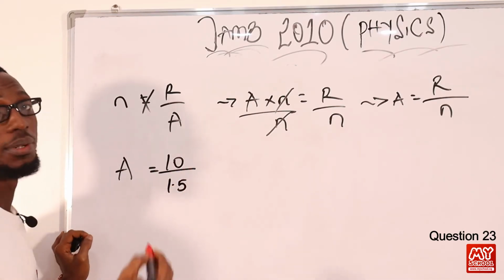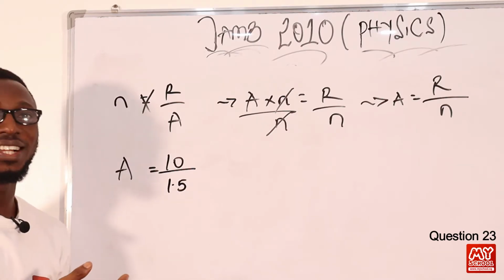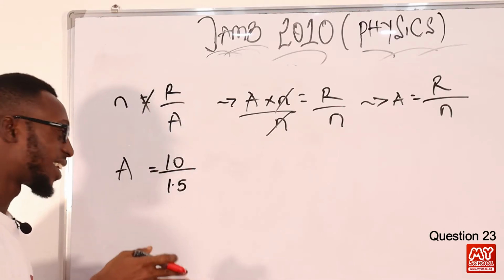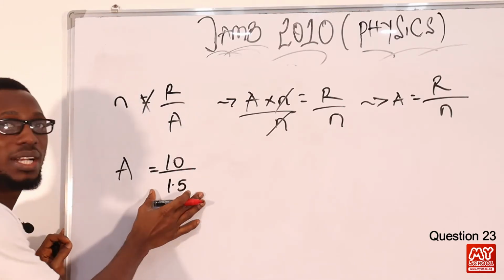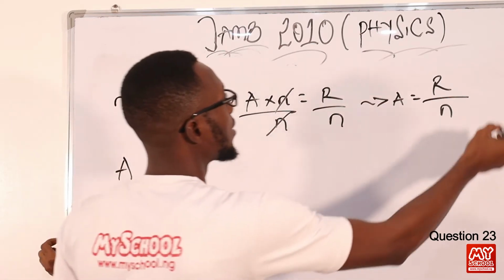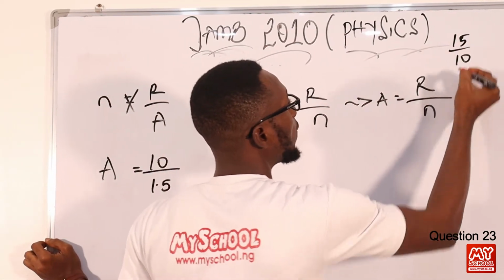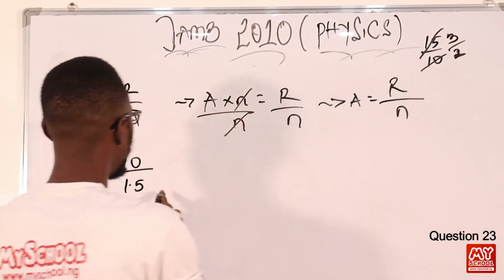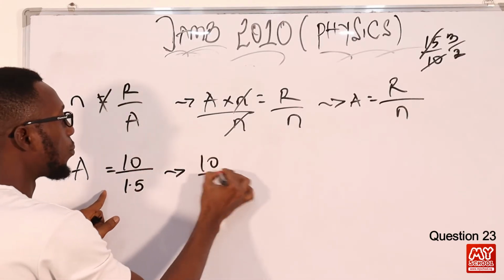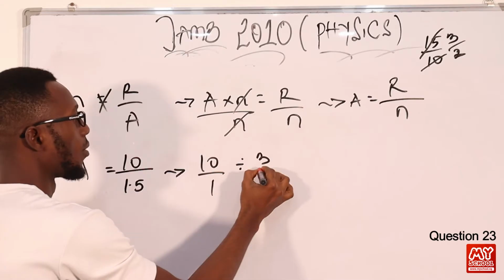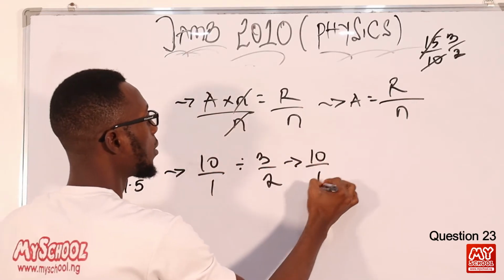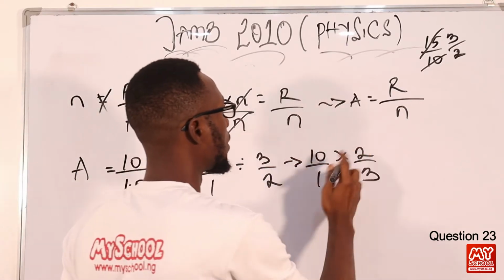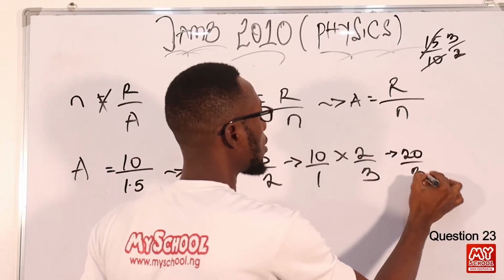Since I'm working without a calculator, you can just punch your calculator and get your answer, but I want to see I can do this without using a calculator as well. So I know that 1.5 actually means 15 over 10. If I simplify further, 5 goes here 3, 5 goes here 2. So this actually means 3 over 2. So 10 over 1 divided by 3 over 2 means 10 over 1 times 2 over 3. So this times this, that is 20 over 3. And 20 over 3 is